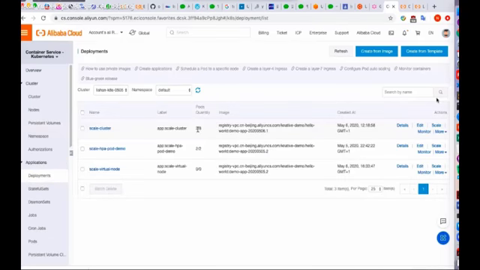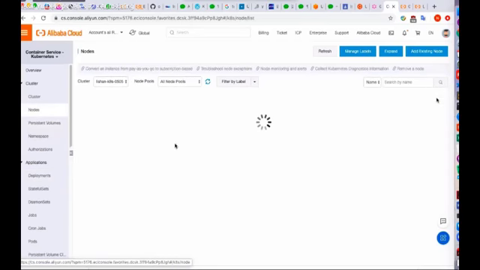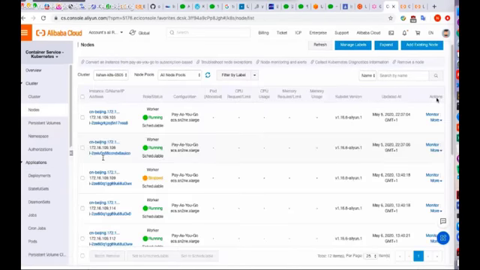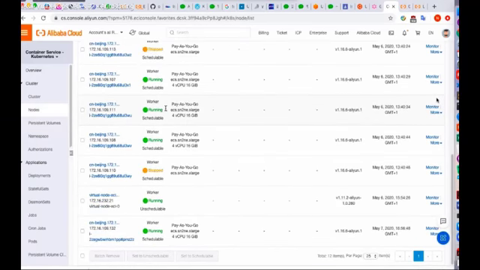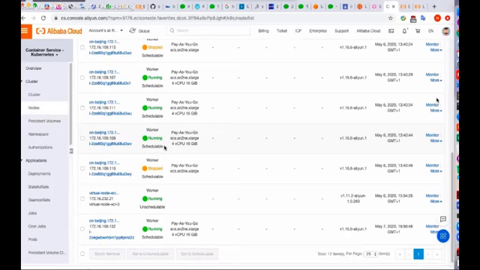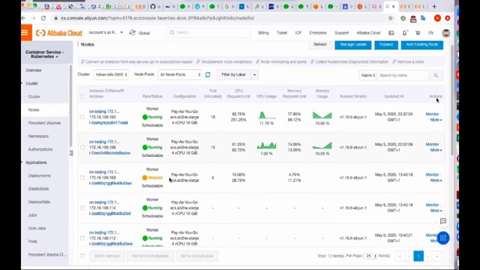Okay, now it's 3 nodes we created. We can see that the nodes will be created, and the pods will be running in this